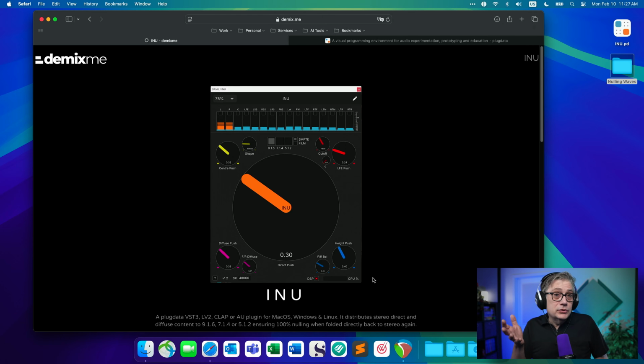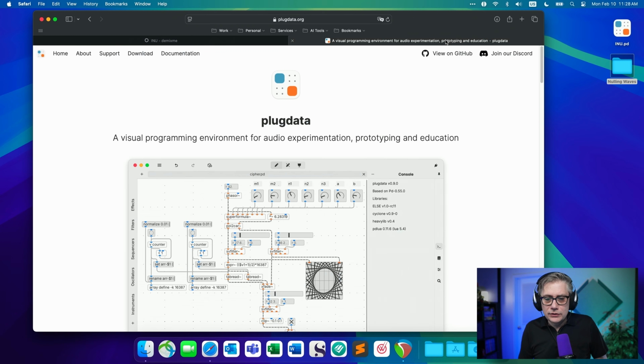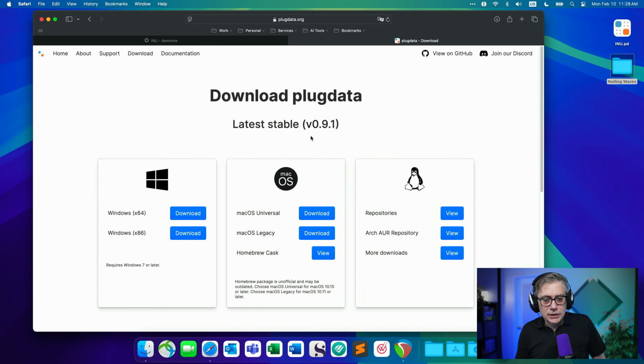So in order to be able to run that, we not only need the Eno plugin, or the Eno Plugdata patch, we also need to download Plugdata itself, and that fortunately is completely free. And once again, I'm going to leave a link in the description below. You can get that from the Plugdata website. What you need to do is go to the download section and download whatever Plugdata format you need for whatever operating system you're going to use.